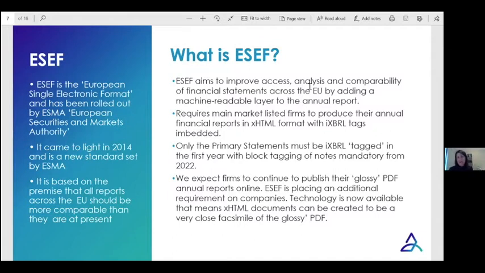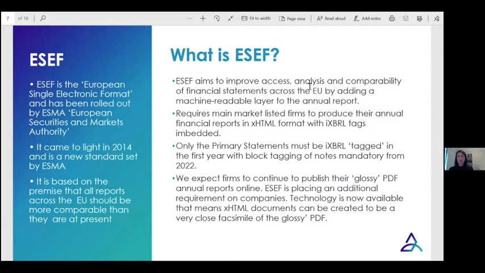And as Amanda said at the beginning of this, we don't expect businesses to just use the ESEF tagged accounts on their website. You know, the XHTML doesn't print that well, so the way that we see it working is you'll produce your glossies as you do normally, your PDF. We can tag a PDF, so we will take that off Emperor and tag that PDF and convert it into